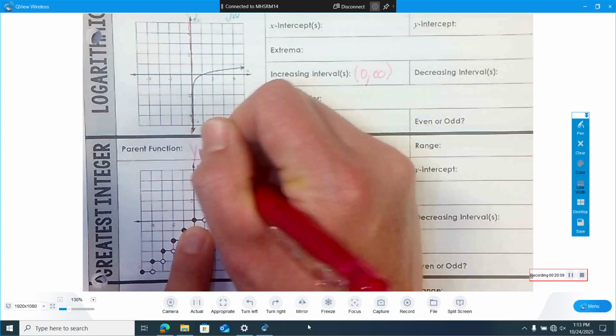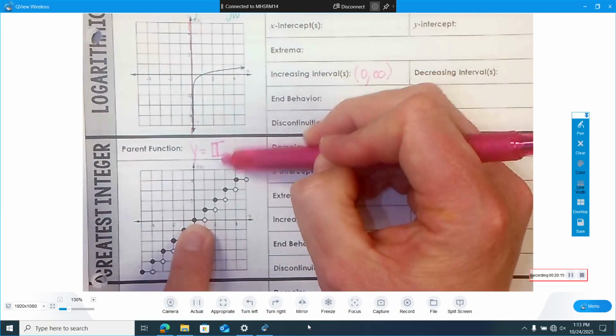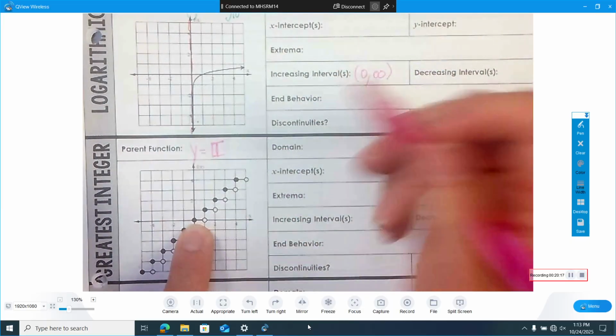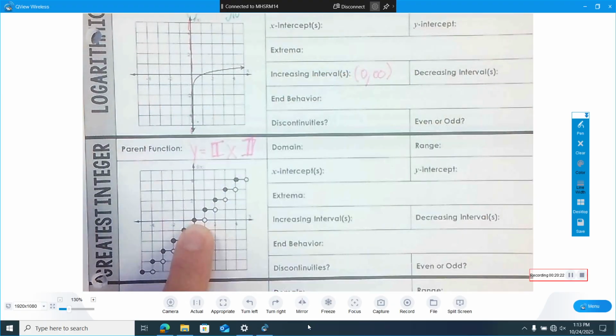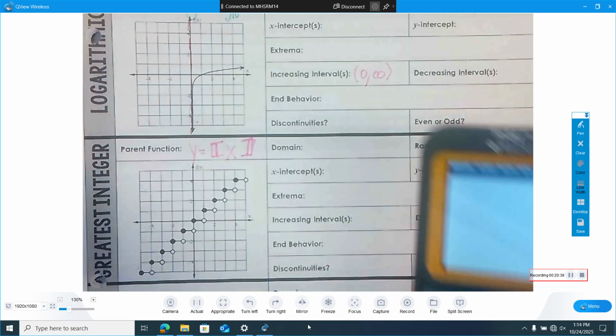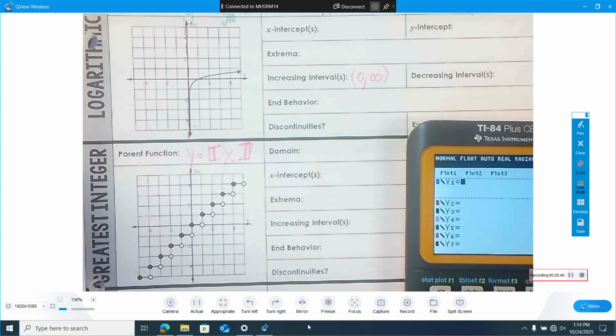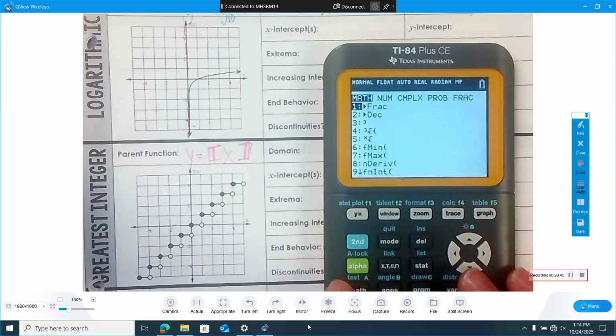It looks like this: y equals, with a double bracket. If you make a bracket and put an extra bar next to it, that's the greatest integer. You can do this in your calculator. You have to go to y equals first if you want to actually graph it. Go to y equals, and then you go to the math menu, and then